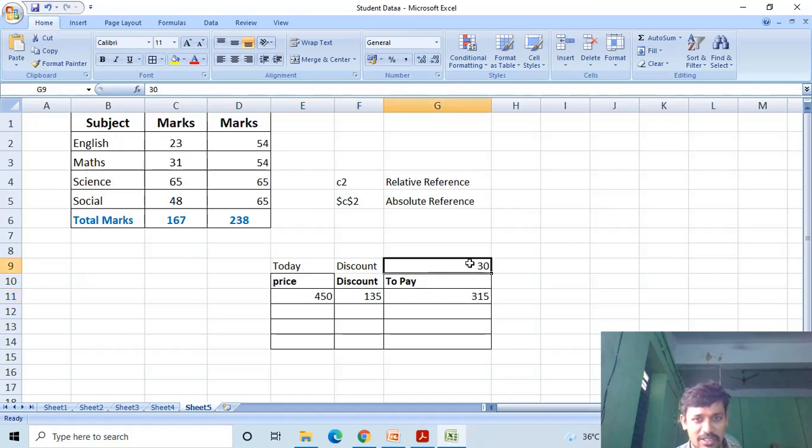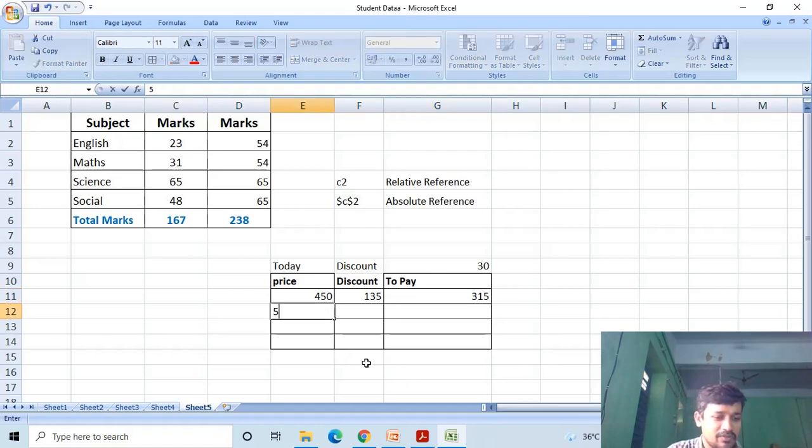Today the discount is 30 percent, so the customer will get 135 rupees discount, and the amount to be paid by the customer is 315 rupees. If there is another product priced 850 and another at 970 rupees, then if I copy the same formula, what happened?